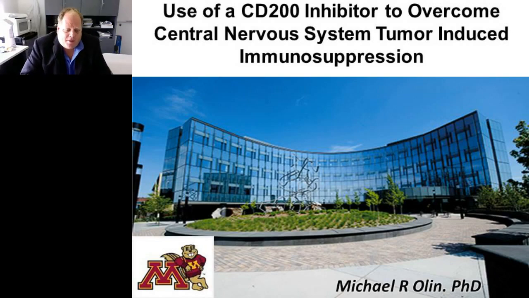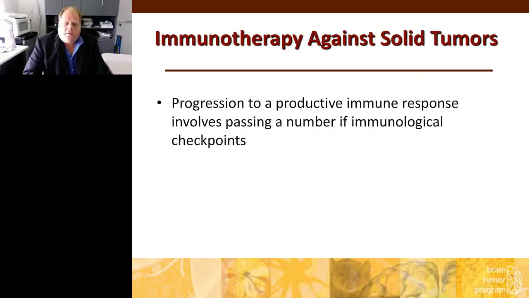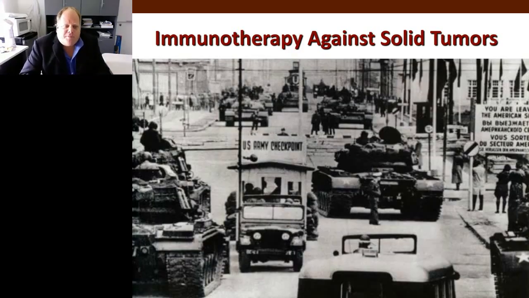My lab focuses mainly on immunotherapy, immunology, and ways we can exploit the immune system to overcome tumor-induced immune suppression. And we've been doing this with some success over the last few years. So basically, the progression to a productive immune response involves passing a number of what's called immunological checkpoints. And these checkpoints are called checkpoint blockades. In other words, when they recognize